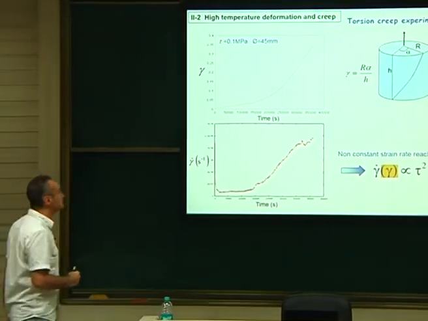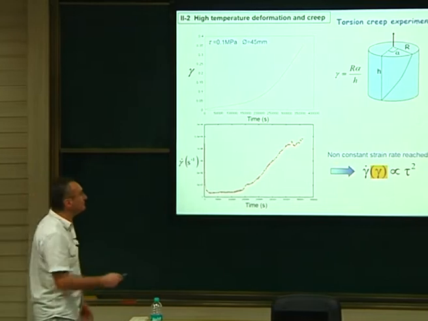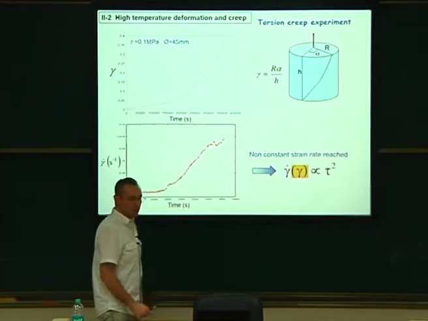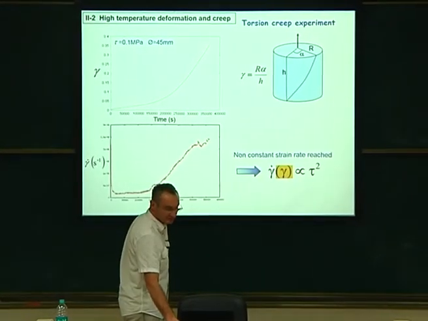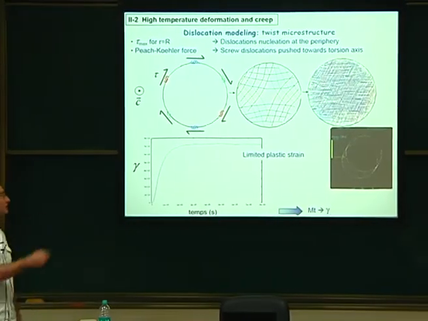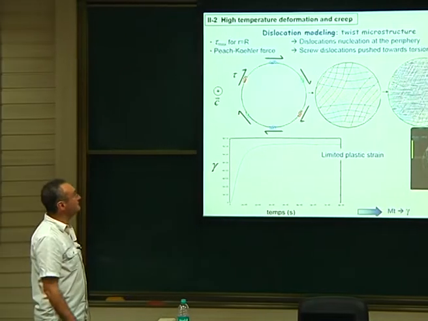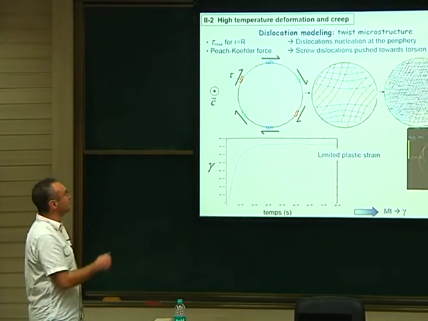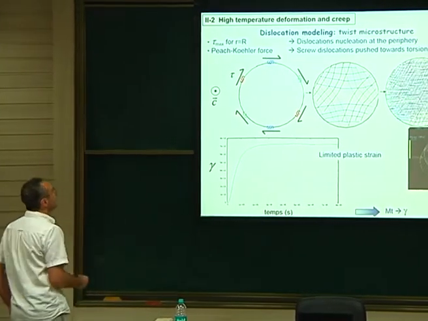Okay, this is experiment. The question is, why is it like that? Why is it evolving with such a law for ice in shear, pure shear? So we did some DD modeling. This is a PhD study I was supervising. This was done 10 years ago, in 2007. So this is how it looks like.